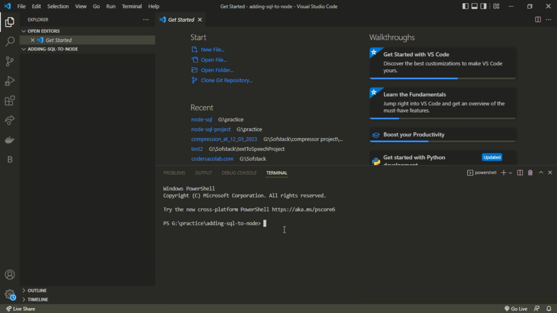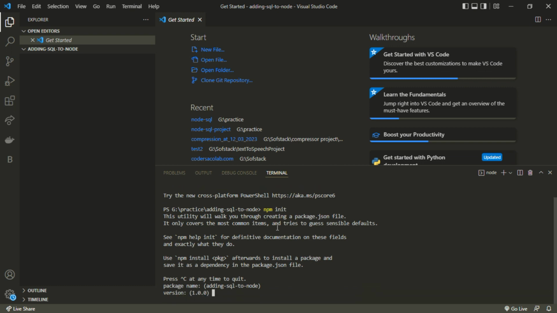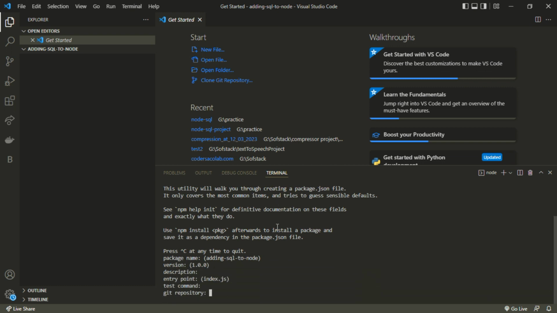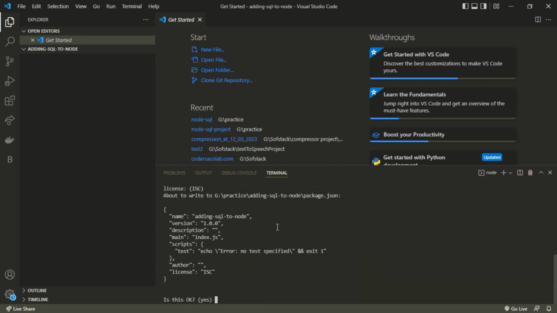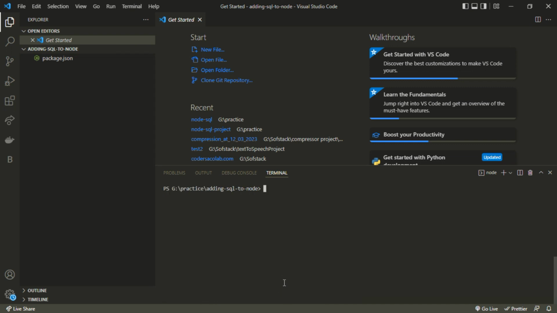So in here, I can initiate my project by using the npm init command. This will ask me some questions that I can answer, or I can just press enter and leave them out. So let's leave the defaults. It will generate this package.json file, which will be our entry point for all the dependencies